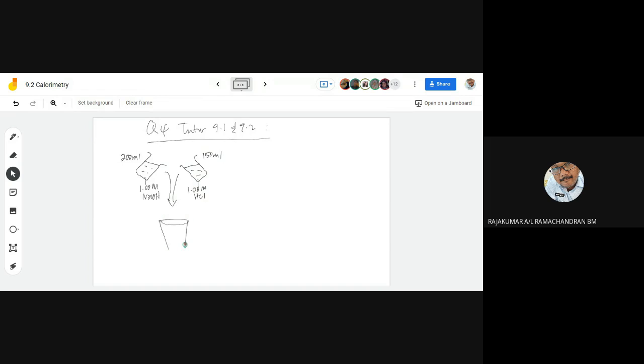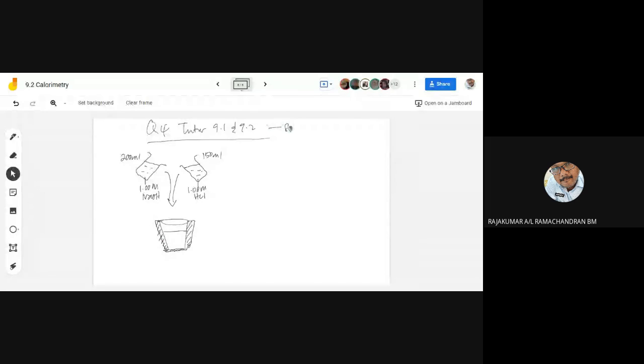So you are going to mix both into a styrofoam cup. Okay, we are going to add both into a, of course with the insulator lah. Insulated styrofoam cup lah. So we are going to add both into a styrofoam coffee cup calorimeter. Okay, so the moment you see the word styrofoam coffee cup calorimeter, that means dia merujuk kepada simple calorimeter. And then they kata temperature rose from, so you add here, you have thermometer,